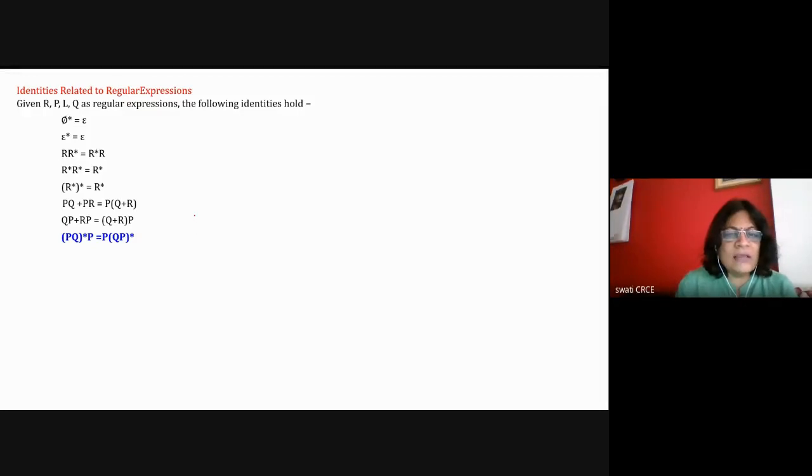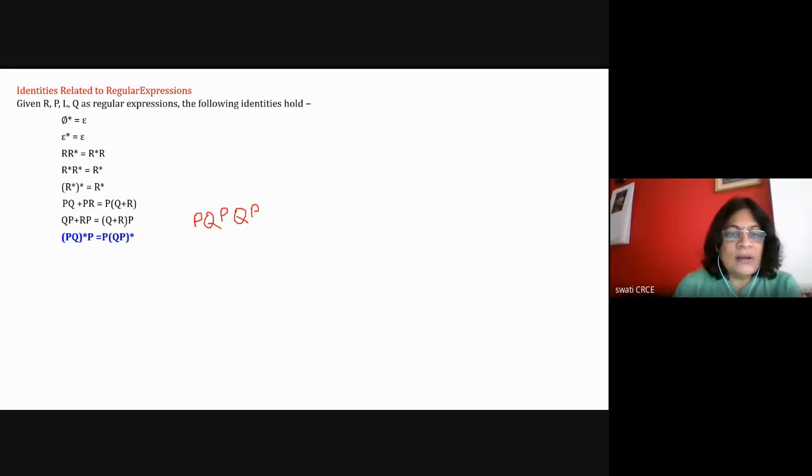What I'm saying is that suppose I have a string PQ PQ then P. So is it a valid string for the second type? This is the first type, PQ for 2 times and P for 1 time. So for the second type of equation, I'll say that the first P is compulsory, and then QP star, so QP is there. Okay, so I can prove this.